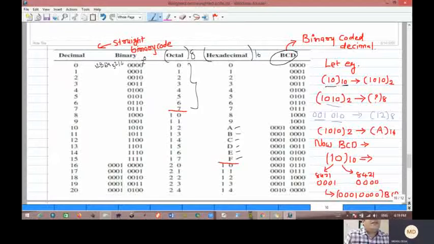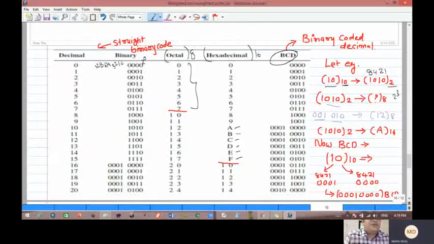So here it is 10, which means this is the decimal value. We know the binary conversion according to the 8421 code is 8 plus 2 equals 10. So the straight binary code is 1010. This is the straight binary coded value. Now, this 1010 is converted into the octal number system. Octal has base 8, which is 2 raised to 3, so we have to make groups of 3 bits. The first group is 010 and the second one is 1.